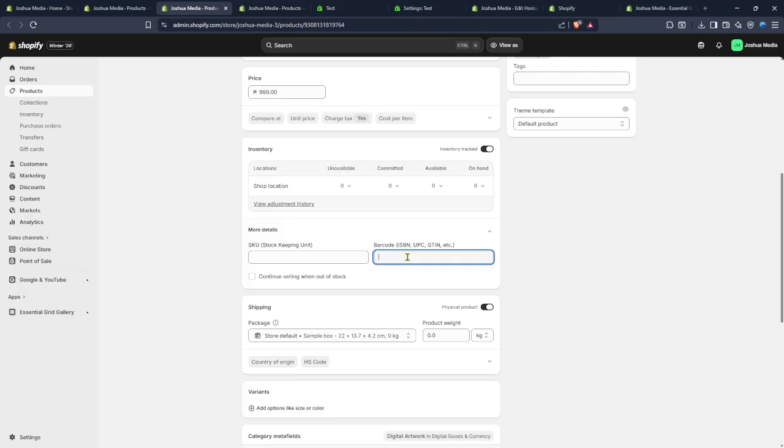Click into the SKU field if you need to review or maintain your internal code, but don't confuse it with the GTIN. Then click the barcode field, which Shopify labels as barcode, ISBN, UPC, GTIN, etc. Type your GTIN exactly as issued, digits only, no spaces or dashes, and make sure to include any leading zeros. Accuracy matters. Even a single missing digit can cause your product to be rejected by sales channels. If you're adding a GTIN to a variant, repeat this in each variant's barcode field so every variant has the